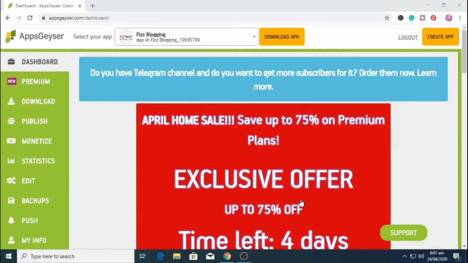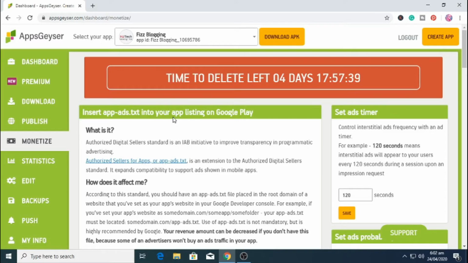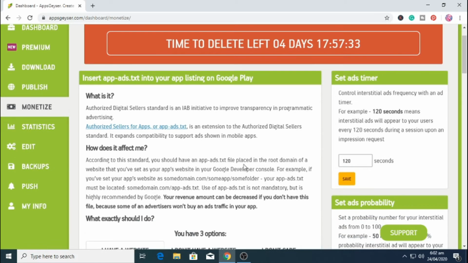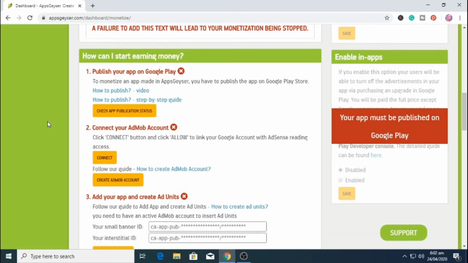So guys, first of all you have to go to the monetize section. Over here, this type of interface would be open to you. Just scroll down and leave all these things. If you want to publish your app, you could publish, but right now you just have to connect your AdMob account. So we will click on connect,